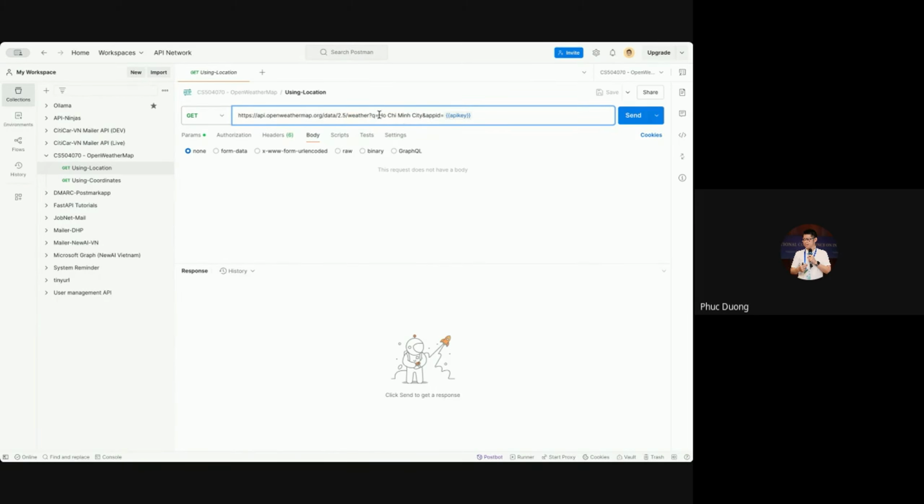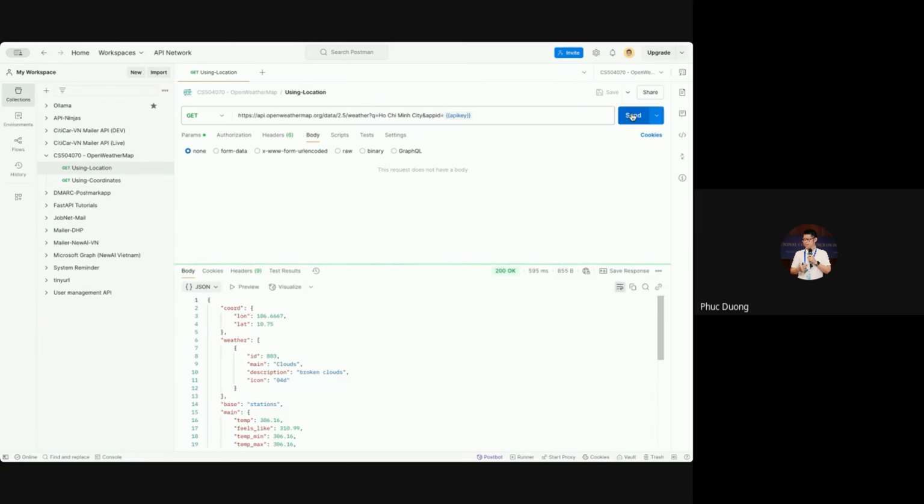The first one is the location query, and the second parameter is the app ID or the API key. When I enter the correct format and click send, I receive the output from the server. This is the current weather of Ho Chi Minh City, in real time.